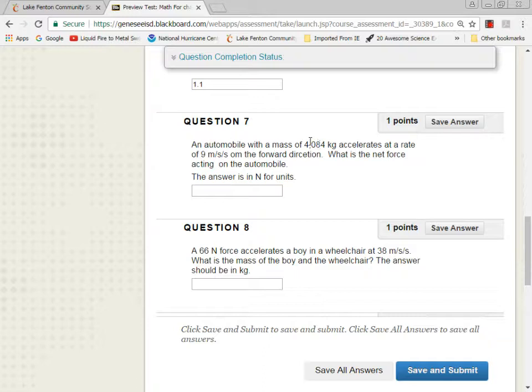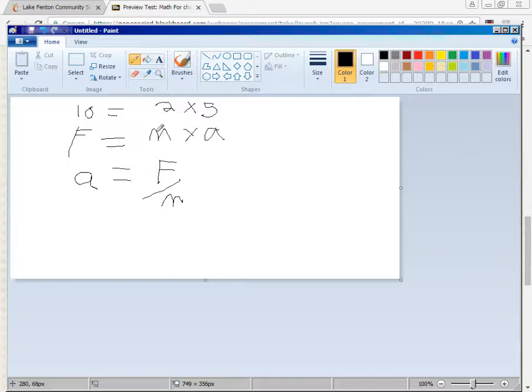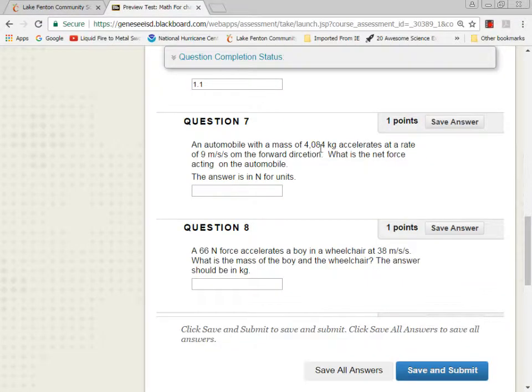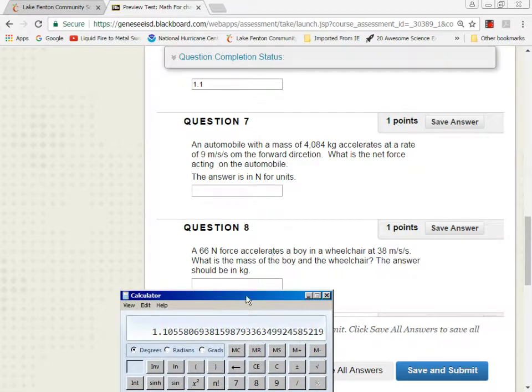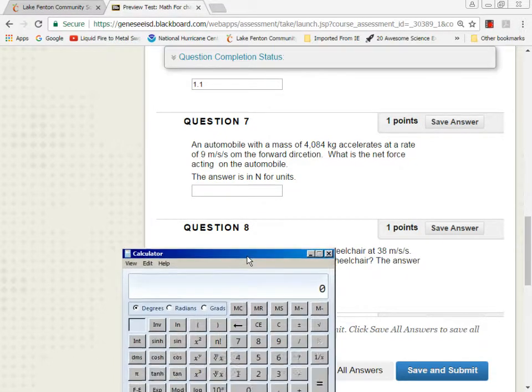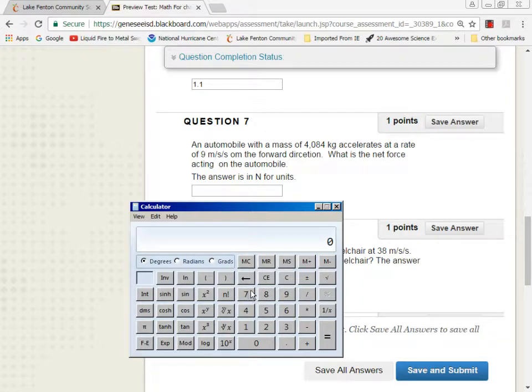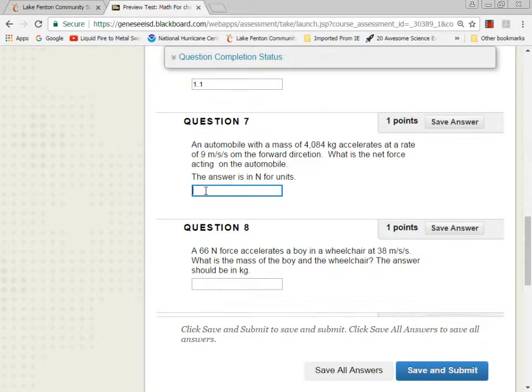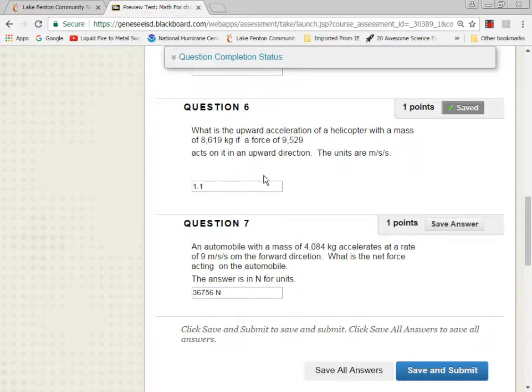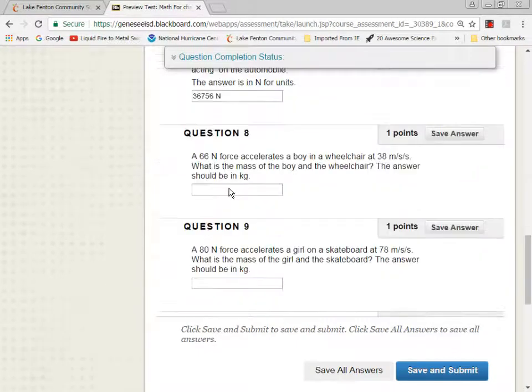An automobile with a mass of 4,000 accelerates at a rate of 9 meters per second. What is the net force? Once again, we're going back to this: force equals mass times acceleration. That's just a multiplication, so you multiply, and you don't care which one's first. 4084 times 9 equals, edit, copy, paste that in, and it's going to be space newtons. And up here I feel like it's going to be meters per second. And then